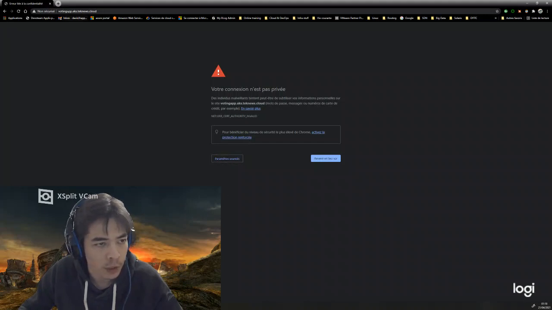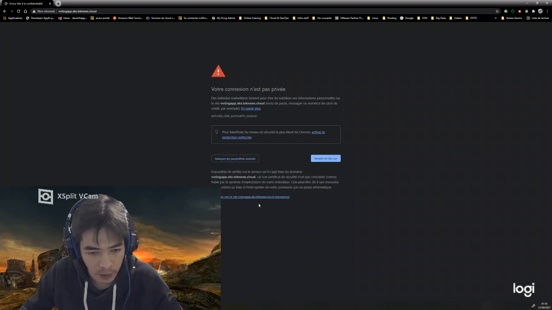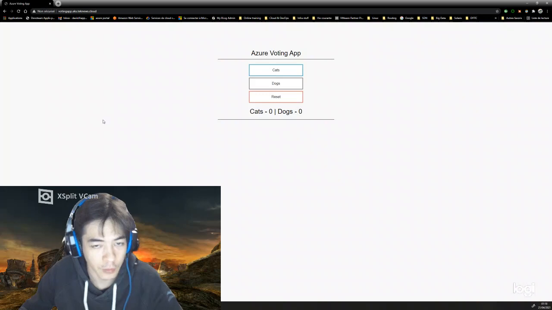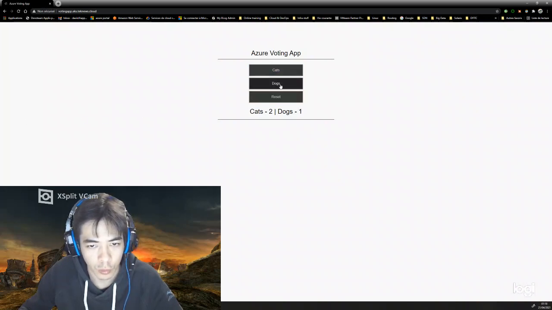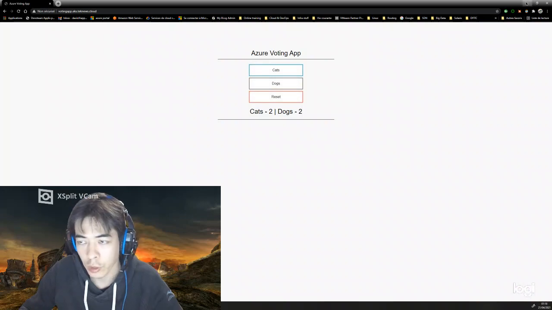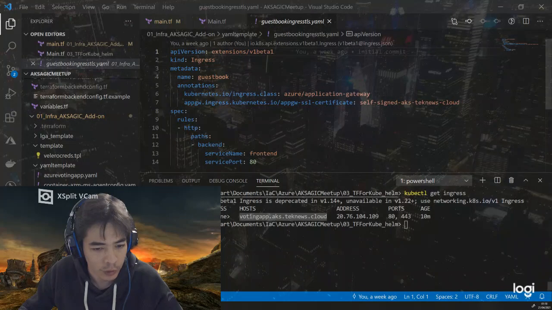So as you can see now, I'm trying to reach the host name. Let's accept the exception because this is a self-signed certificate, and as you can see, I do have the infamous cat and dog application with my application gateway. So everything is working fine. I'm very happy about that.